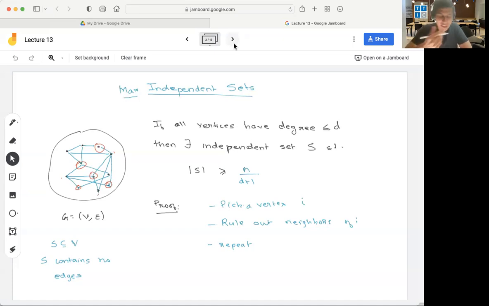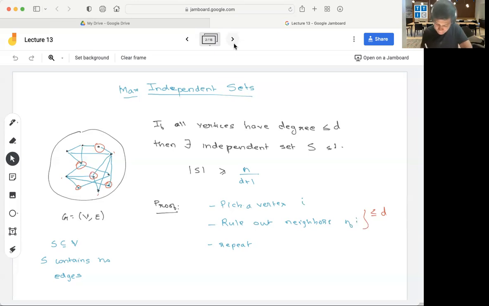But the nice thing is, because the degree is bounded by D, I rule out at most D vertices at any given iteration of this procedure. So every time I pick one vertex, I rule out at most D. Out of these at most D plus one things that I considered at this step, I got to pick at least one. So overall, I will pick at least n over D plus one, because at every iteration of this procedure, the total number of vertices which I have not looked at so far